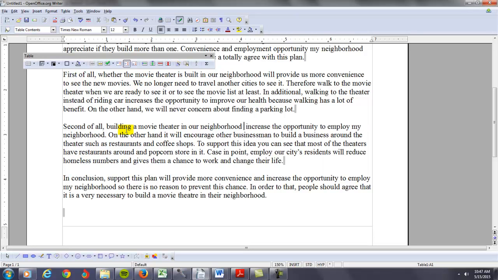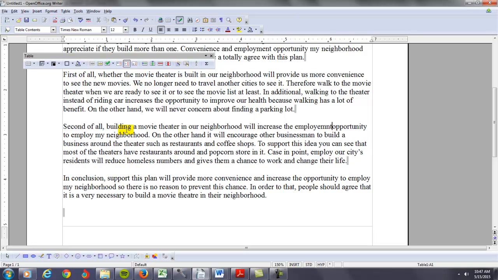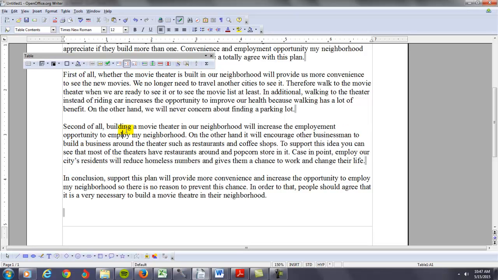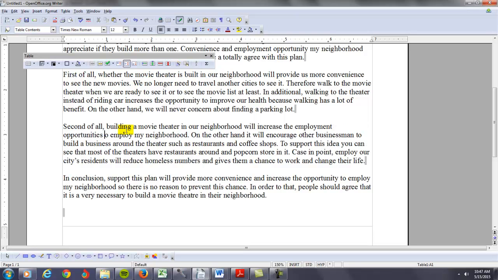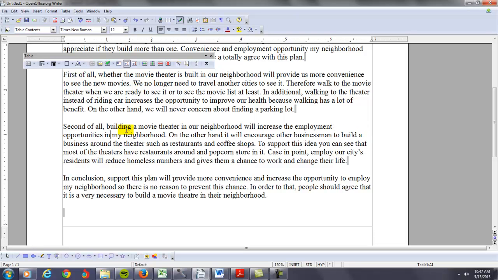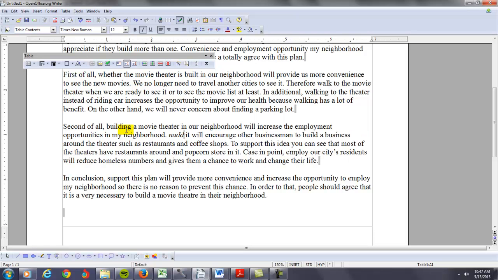You might say will increase the employment opportunities in my neighborhood. You have "on the other hand," but what you're saying is not the opposite. You're adding to what you're saying. So I would say here,